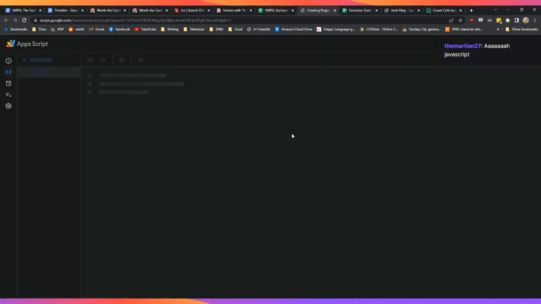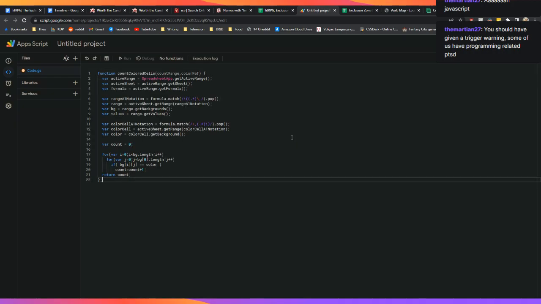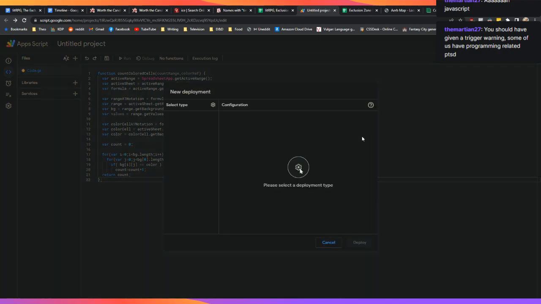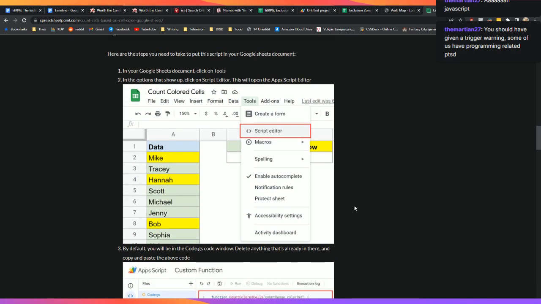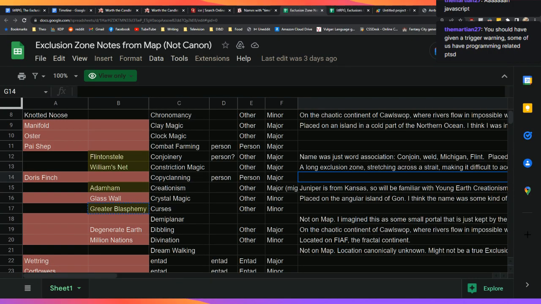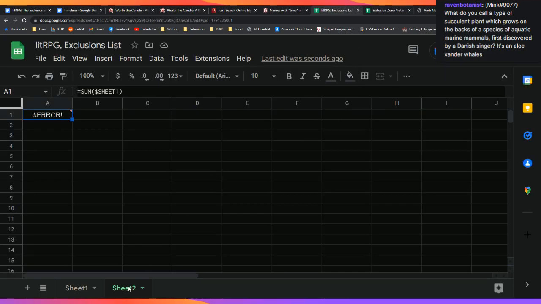There's apparently the functionality to just count by color is not. You know what? I'm doing this dumb way. Okay, I'm gonna undo all this. I'm gonna not do this as an app script. Leave that. That's fine. Whatever. Okay. So have mine to the left. We'll just delete this sheet.